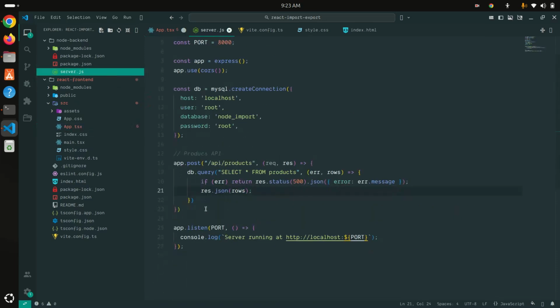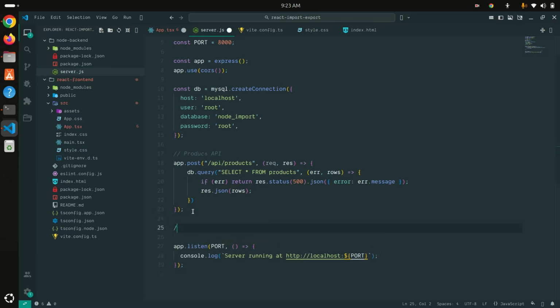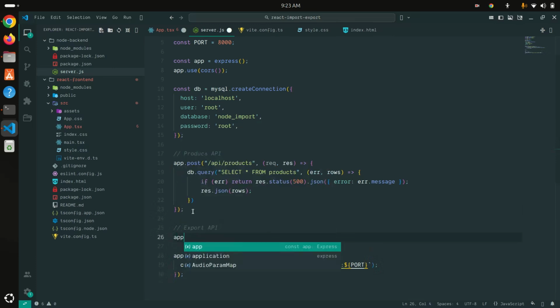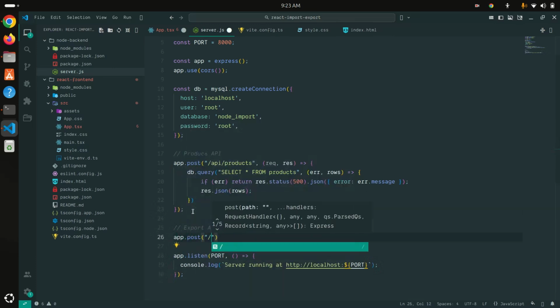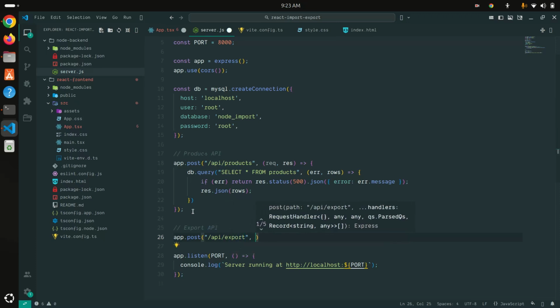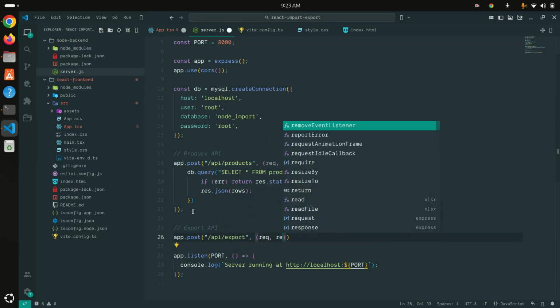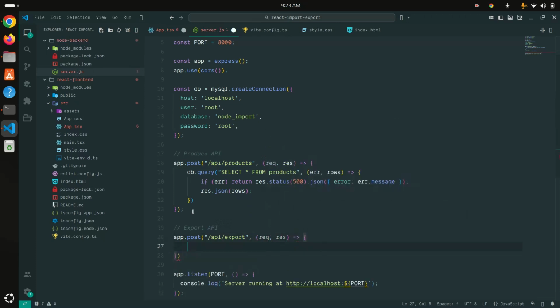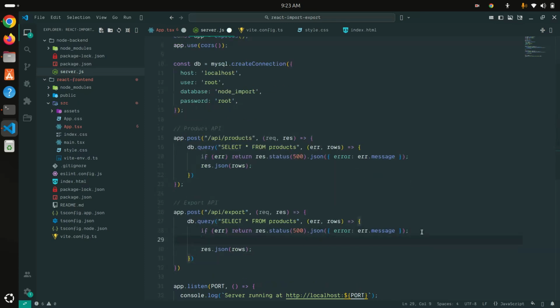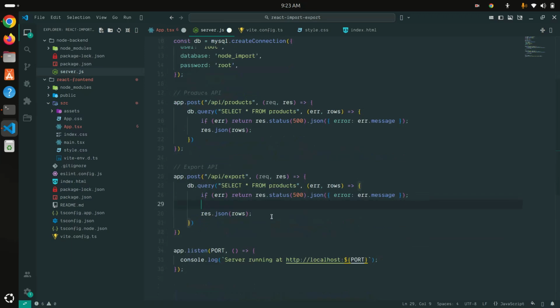Just go to the server. Next I'm going to create the export API, app.post, and that will be /api/export. Then same way request, response. Then the same thing, I need to run select star from products, because we are going to pull all the products from the database. Just copy this and paste it over here. If anything goes wrong, it returns the 500 error. But if everything is fine,